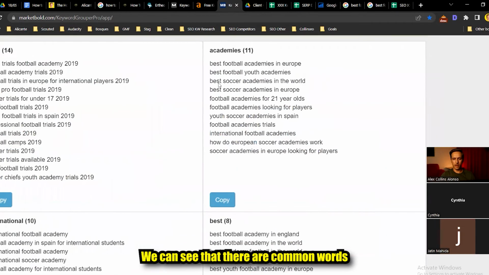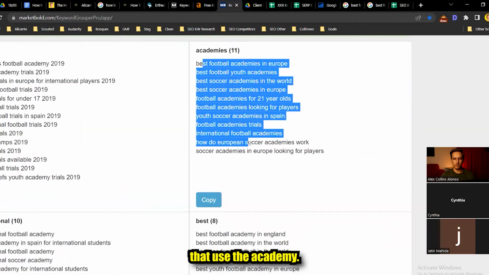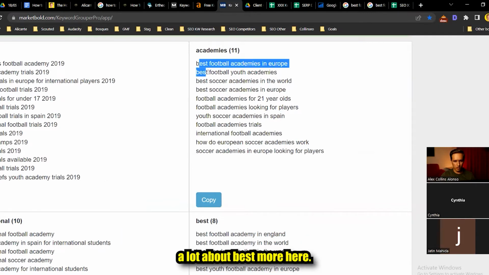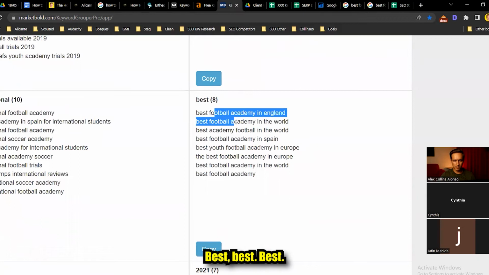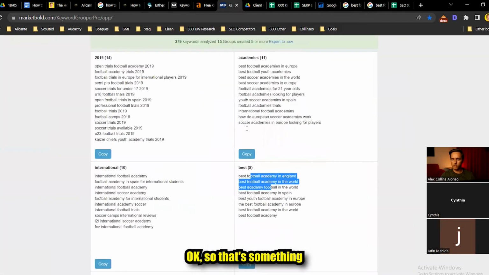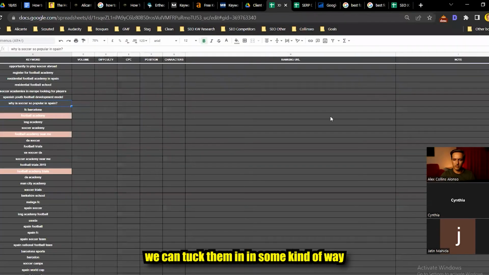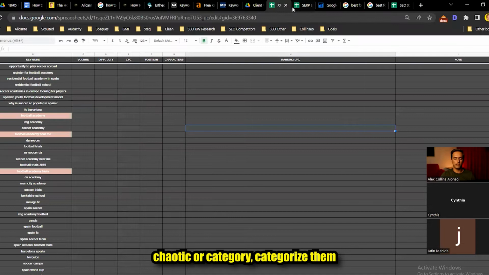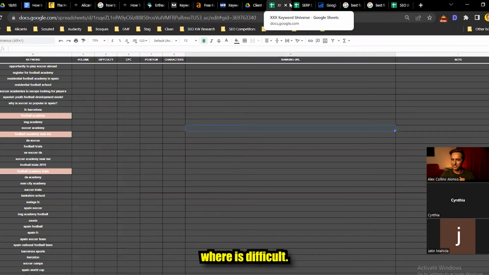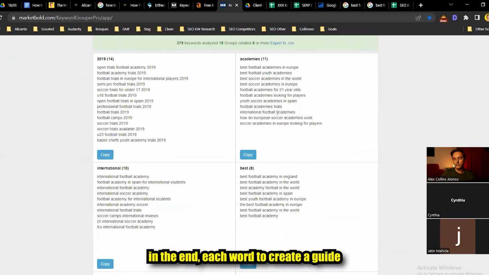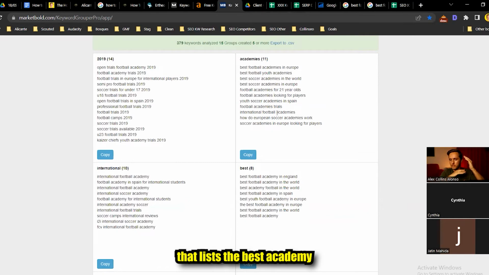We can see that there are common words that use the academies. So we can see, okay, what pages? A lot about best, more here, best. Okay. So that's something interesting that in the future, maybe is worth it. So we can save these keywords. We have them here. We can tag them in some kind of way, categorize them. Oh, that word is difficult. And maybe, let's say, in the end, it's worth to create a guide that lists the best academies in England